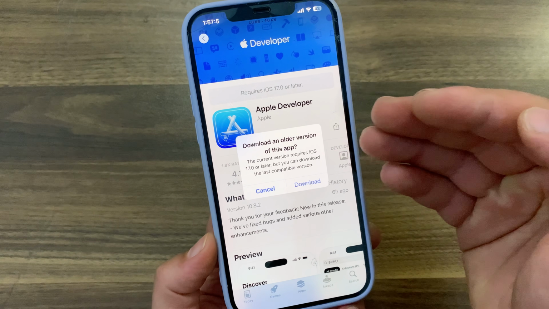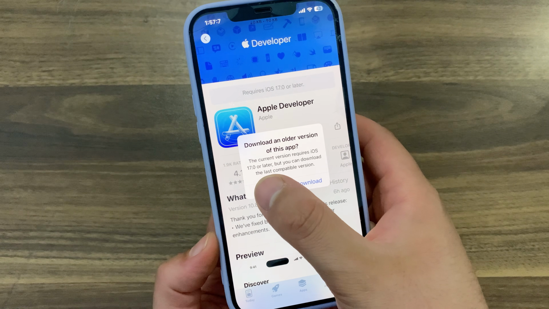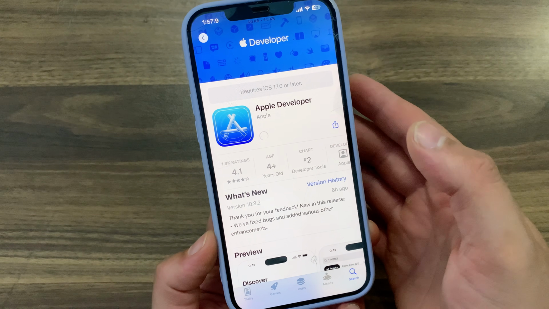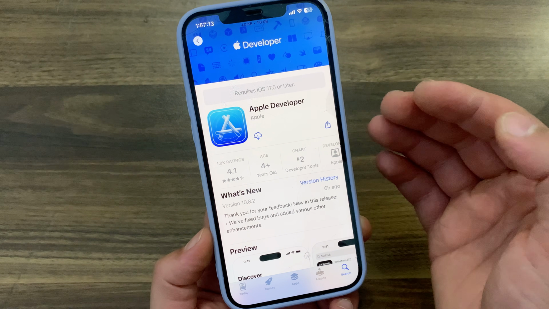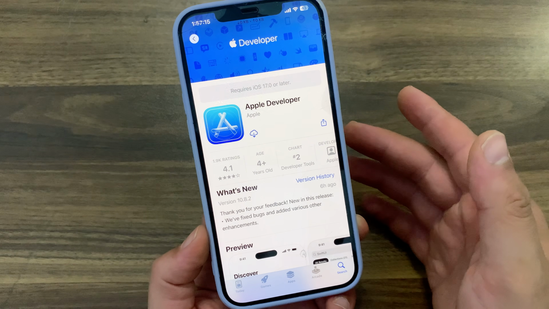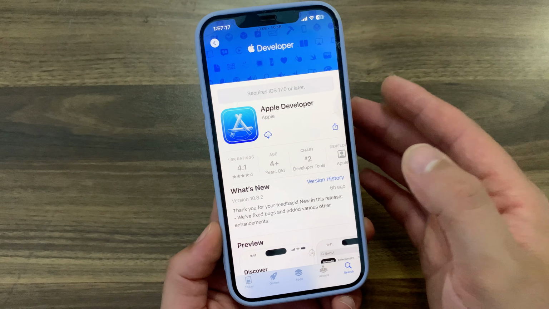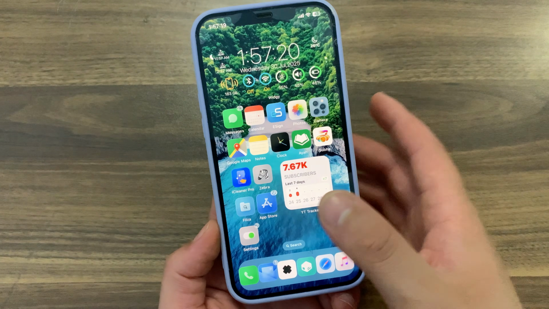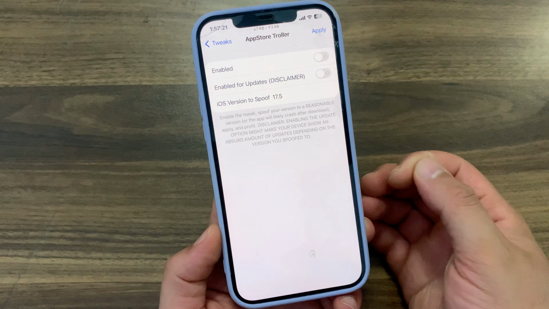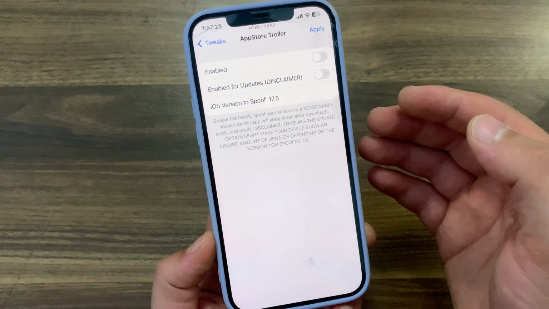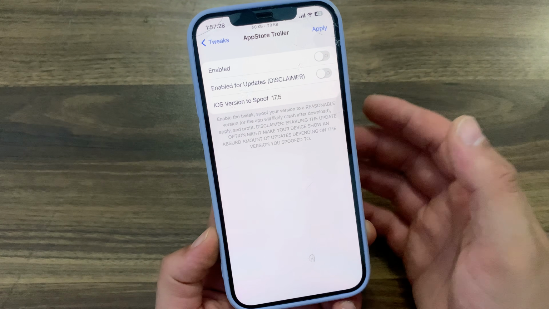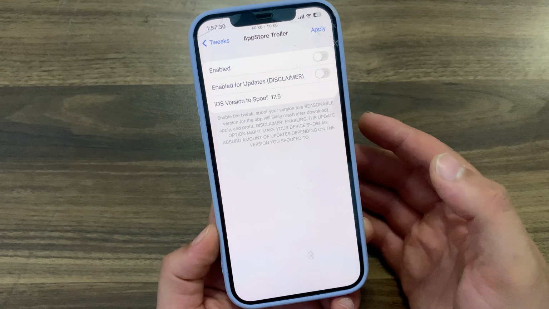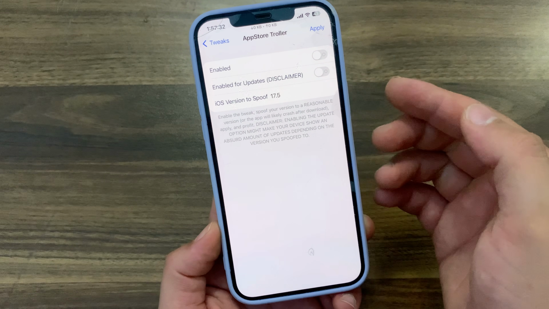AppStoreTroller is a very simple tweak that lets you purchase an app to your Apple ID that requires a newer iOS version than the one you are running on your device. It is useful for purchasing App Store apps into your account when they normally don't support your iOS version. It does this by spoofing your iOS version to any iOS version you want during a new app installation. The way to use the tweak is: first, install the tweak, then enable it in settings, then try